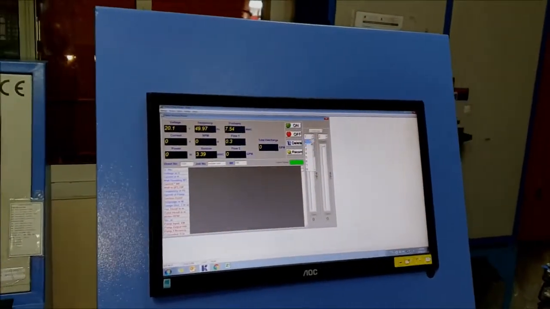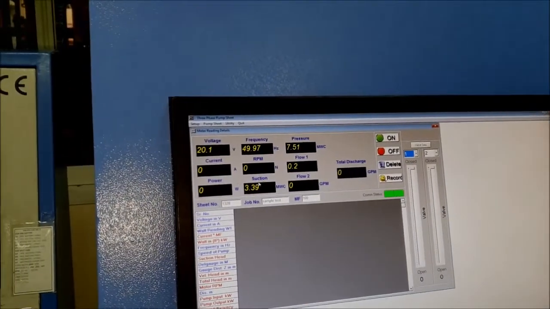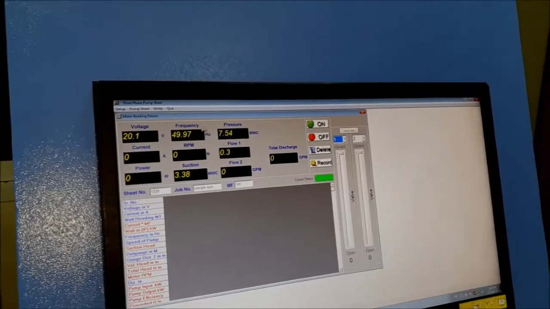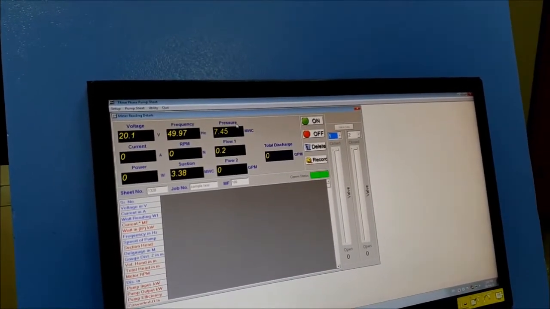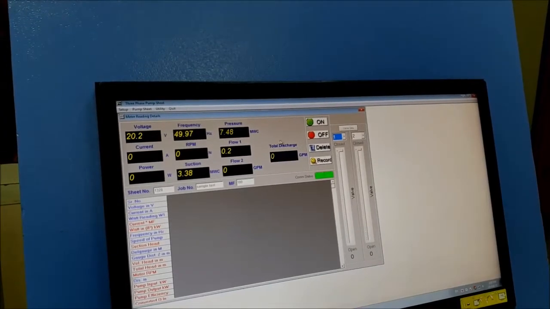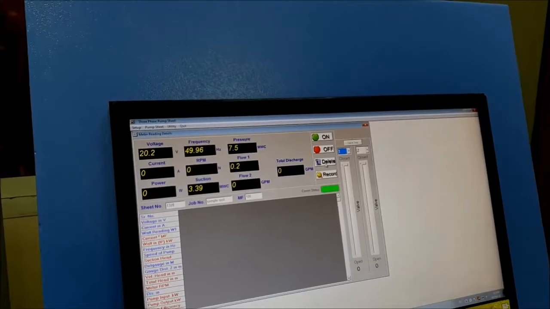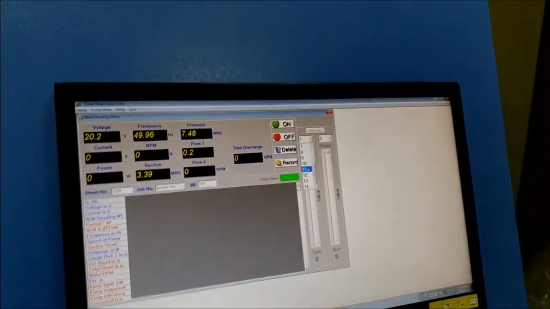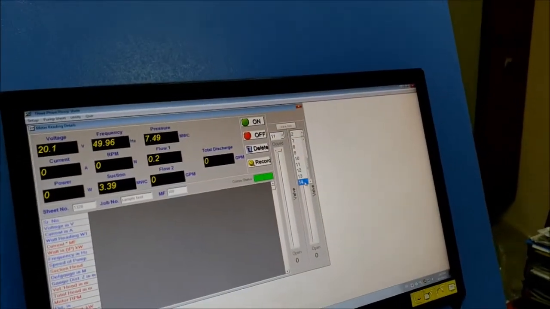This is our live reading. You will have all the details here like voltage, current, power, frequency, flow, pressure, suction, RPM. Here we are using two flow meters because of the design of this tank. We are using two flow meters, and we are making a total of one. And please select the valve sequence.